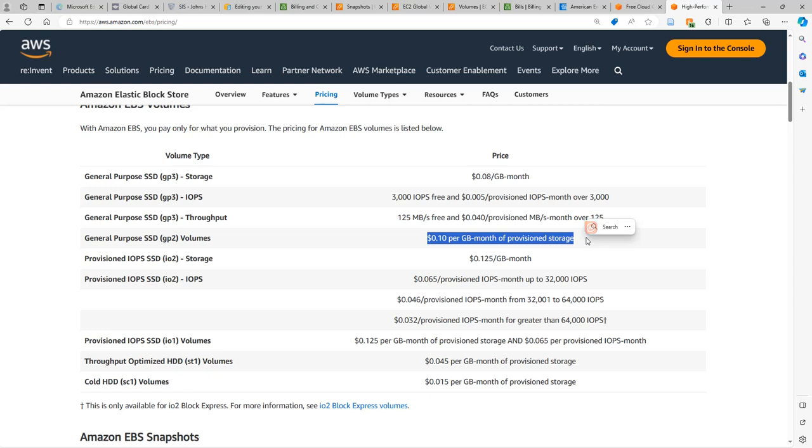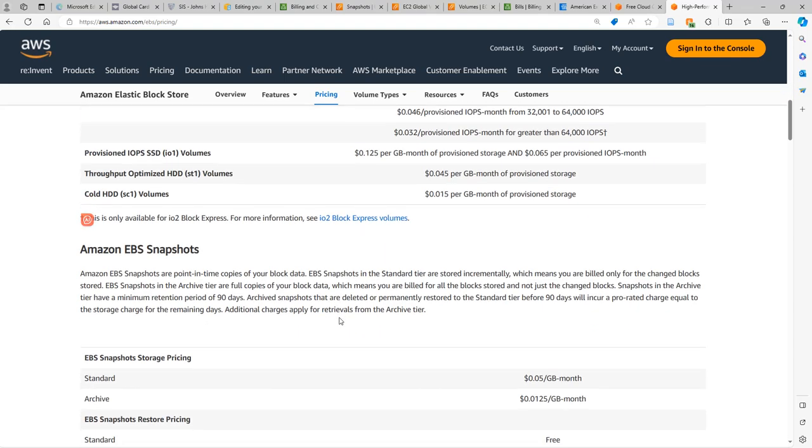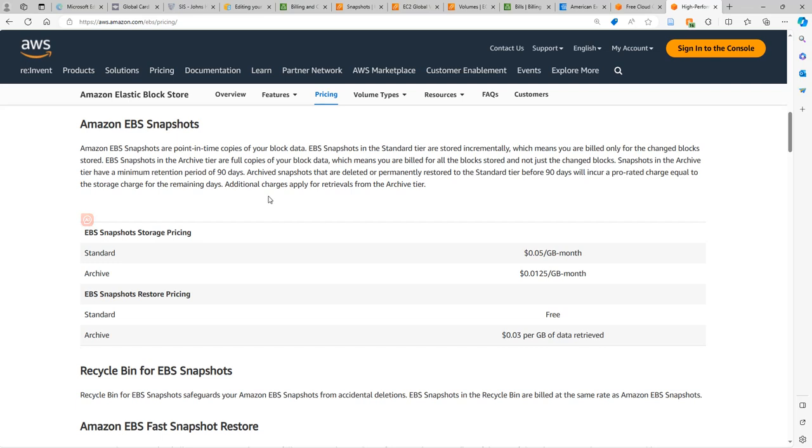So that will be almost 0.1 times 30, which is $3 per month for having that volume there. And then I had the snapshots, which are standard snapshots, 0.05 per gigabyte per month. So I had two of them, so it almost costs me,